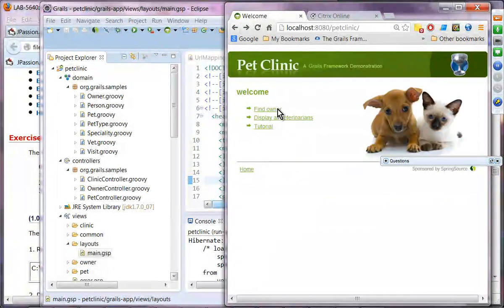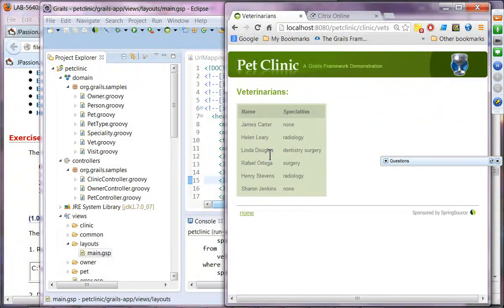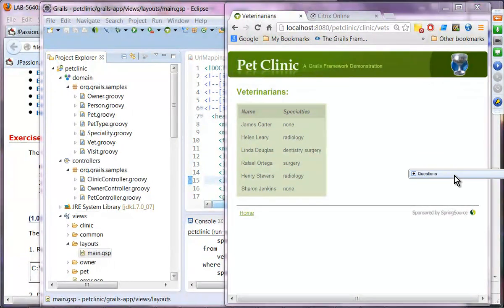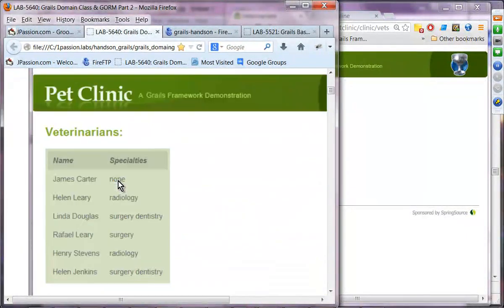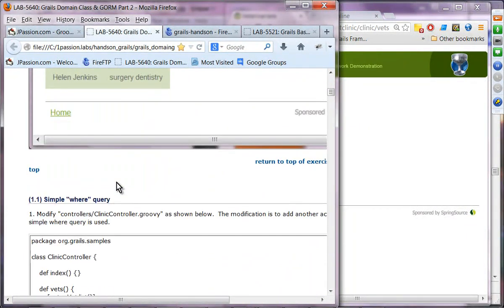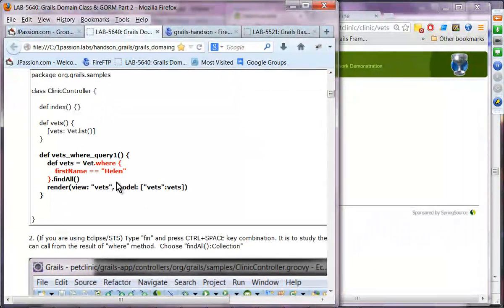Anyway, what we want to do is display all veterinarians. These are the database that we are going to use. This is the table that we are going to use to perform where-based query. So we run the application, and this is the table and data we are going to use. Now, first we are going to add a new action to clinic